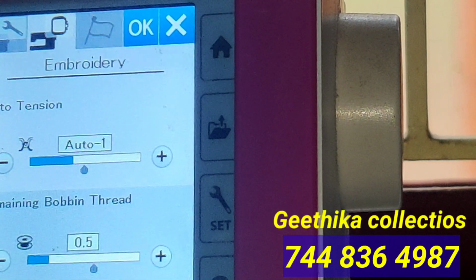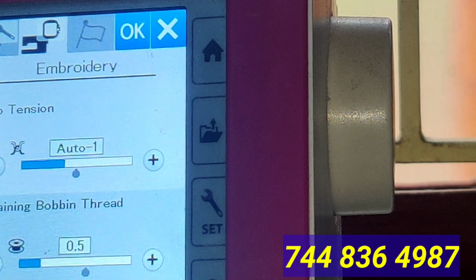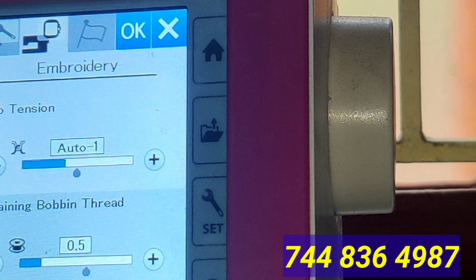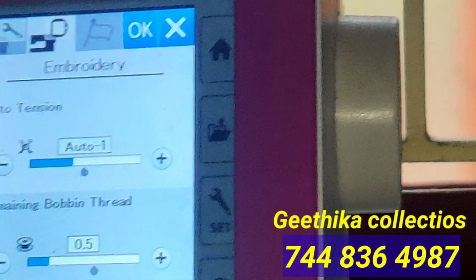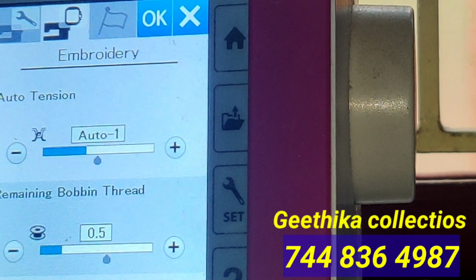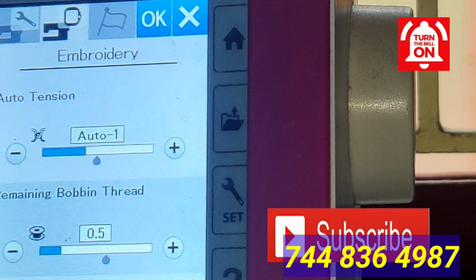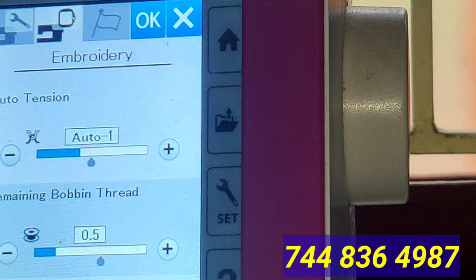These settings will be helpful to you whenever you need a nice, neat finishing on a design on a cloth. Whenever I am discussing with my customers or my subscribers, a few subscribers are saying it came out very neatly on my cloth, with my design. Other subscribers are saying for me it didn't come out neatly, or the finishing is not good. The reason is that a few of these settings could be a part of that. So today I am going to explain these settings.